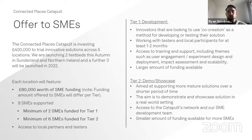But the idea around that, again, is to provide similar opportunities to SMEs. But because we'll be working with 3 locations this time, we'll be providing more opportunities to SMEs, or a wider range of opportunities for SMEs next year. Within the 2 locations that we're supporting this year, each location will receive up to 80k worth of SME funding. We will look to support a minimum of 8 SMEs,